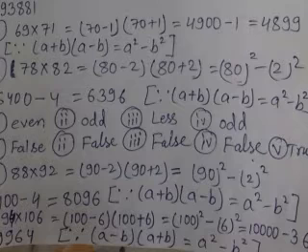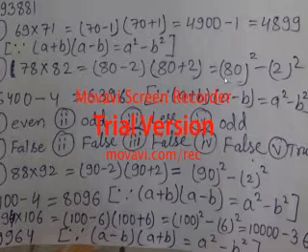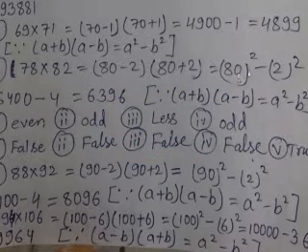Now if you will see question number 11, 2, it is 78 into 82. Here this is not a consecutive even number, but we can also do it here. You can see 80 minus 2 into 80 plus 2. Here also a minus b times a plus b becomes a square minus b square. So I have written 80 square minus 2 square.